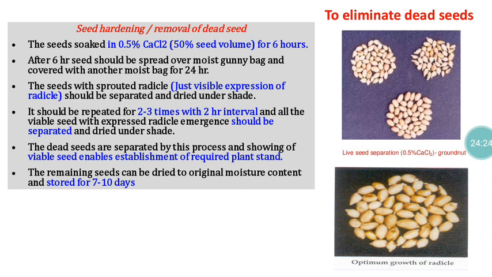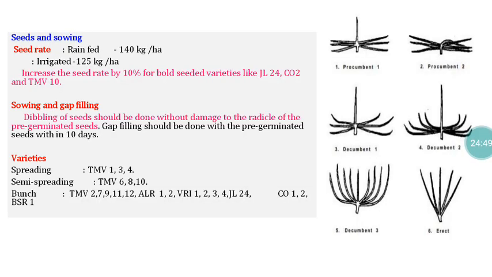So here we are offering the hardening treatment, and through that hardening process we are identifying the viable seeds. That viable seed alone we are segregating, and those segregated viable seeds alone are used for sowing. That is the advantage of this one. By that way we can minimize the capping operation. We can exclude the capping operation. That is the advantage of this particular process.